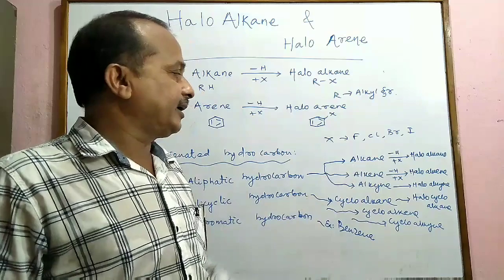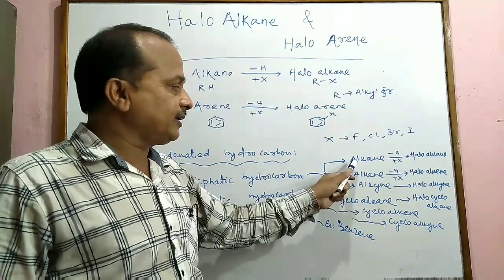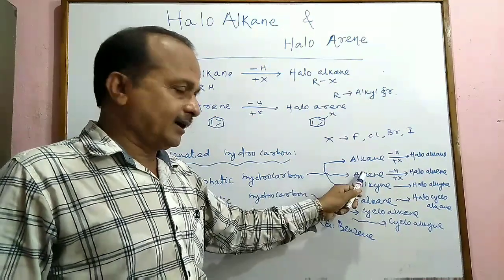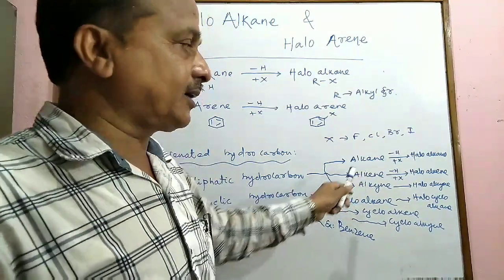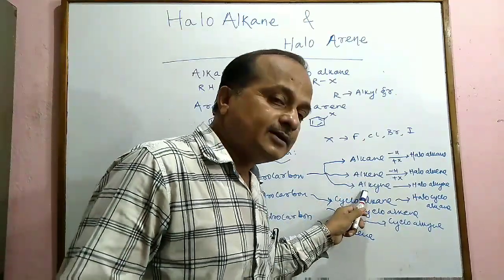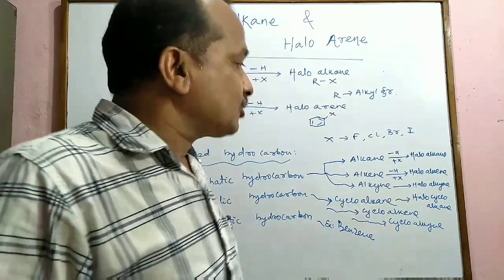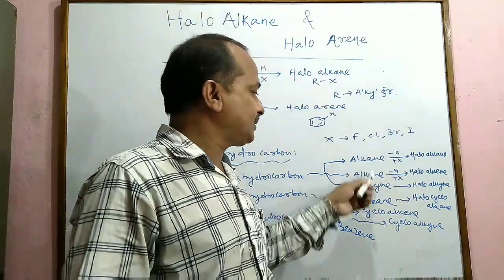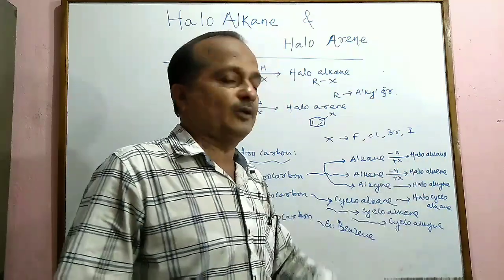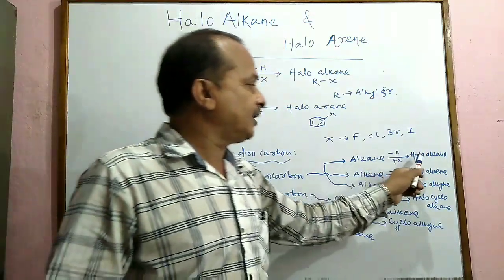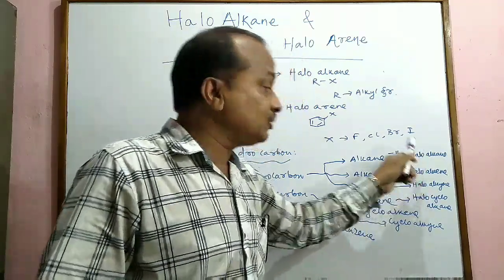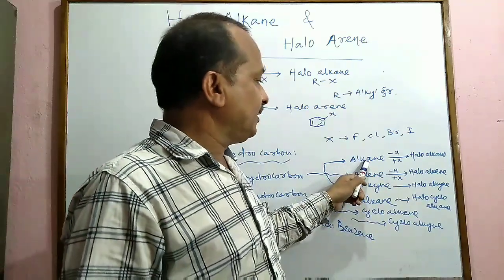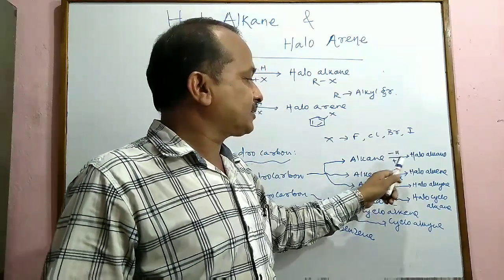Next come to the aliphatic hydrocarbon. It is again of three types on the basis of carbon-carbon linkage, that is alkane which contains carbon-carbon single bonds, alkene which contains a carbon-carbon double bond, and alkyne which contains a carbon-carbon triple bond. So corresponding halogen derivatives are also derived from these hydrocarbons. First, haloalkane. What is that? A haloalkane is the compound derived by replacing one H atom of an alkane by a halogen atom. So I write alkane minus H plus X, that is haloalkane.